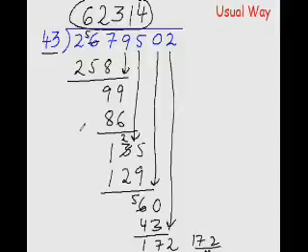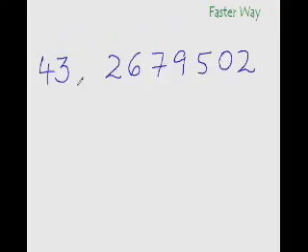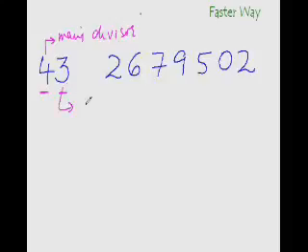Now I know that you would be delighted to see the faster way of dividing the numbers, because in the faster way you will get the answer in maximum 1 or 2 lines. Okay. Now to divide these numbers the faster way, all you need to do is break this divisor into two manageable numbers. I'll break it as 4 and 3, where 4 would be our main divisor. Okay. And this 3 would be called an unused digit.